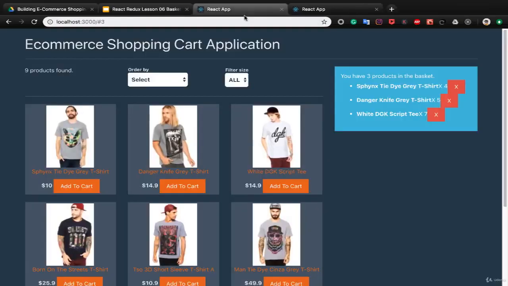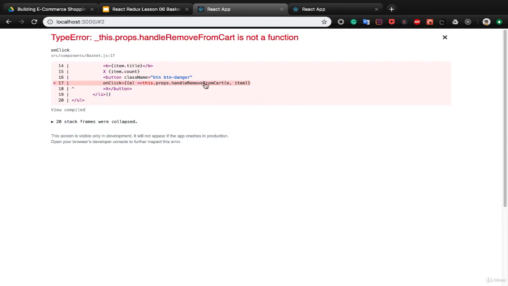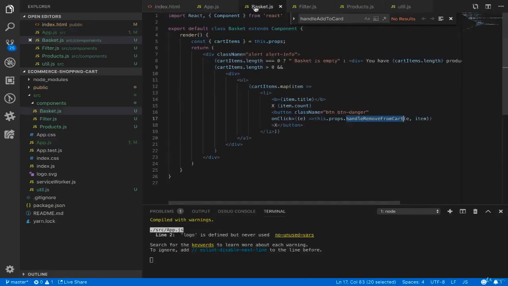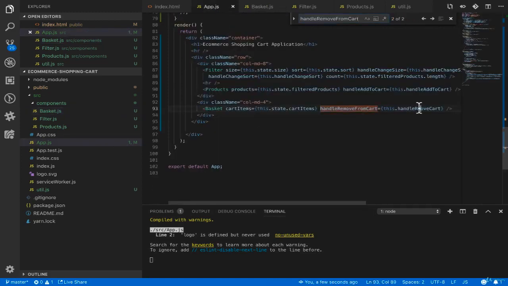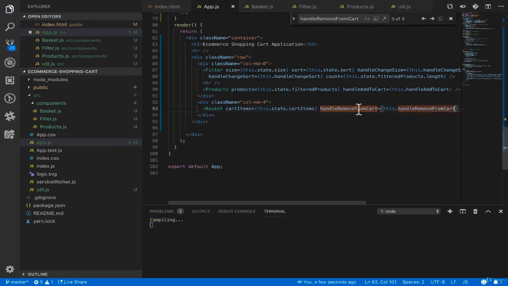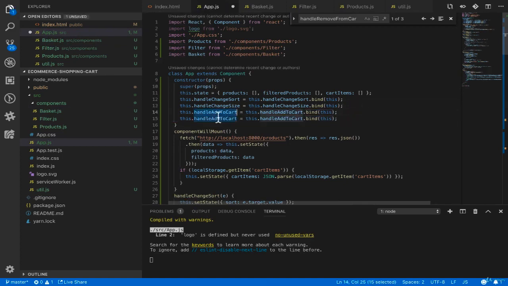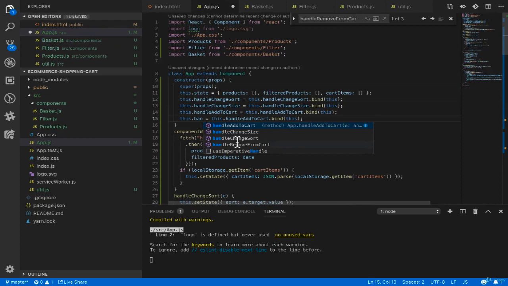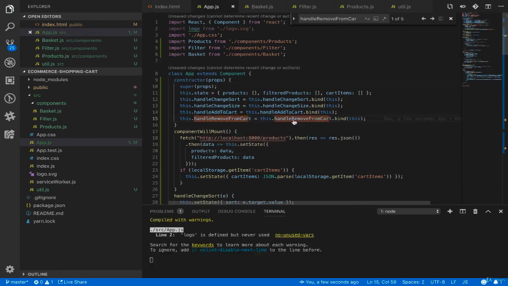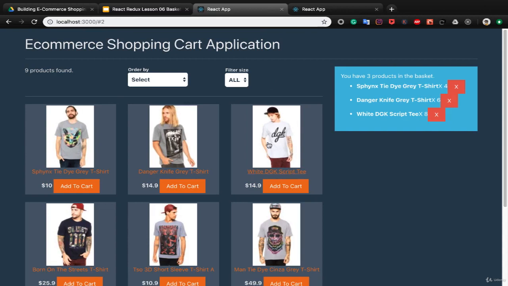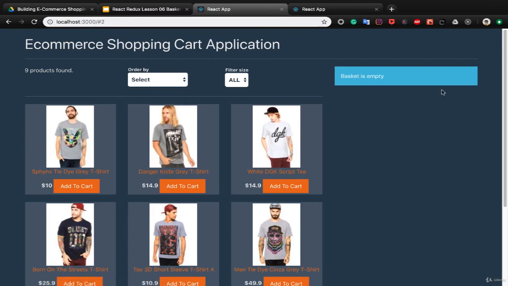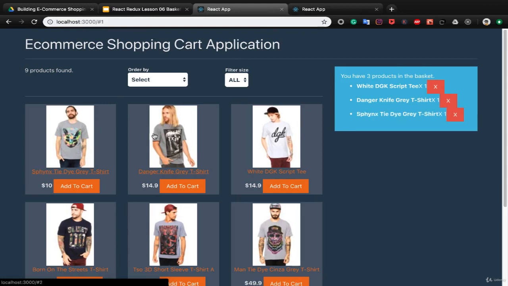Great. Let's check the result. Here, let's remove. Handle remove from cart is not a function. Let's go back to the basket, and inside here there is a typo error, and also we need to bind this for handle remove from cart, and the handle remove from cart is ready. Let's remove the item. You see it works, and the basket is empty, and if you click on items, you see items